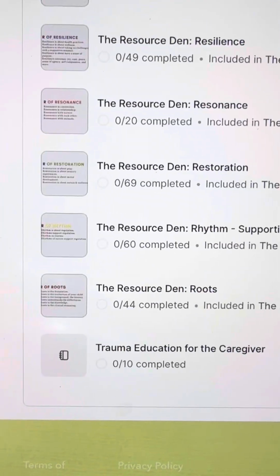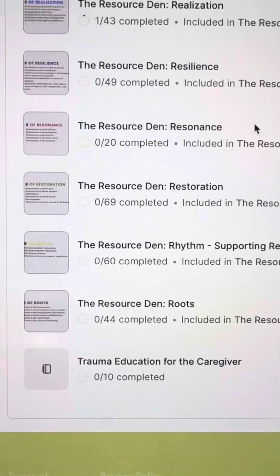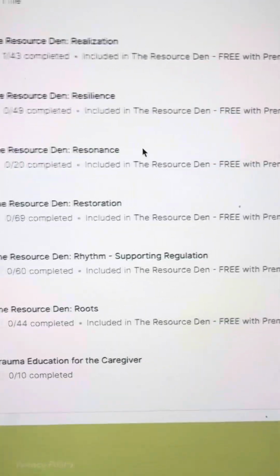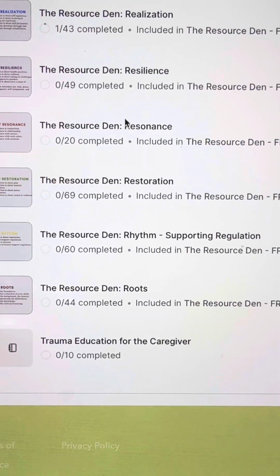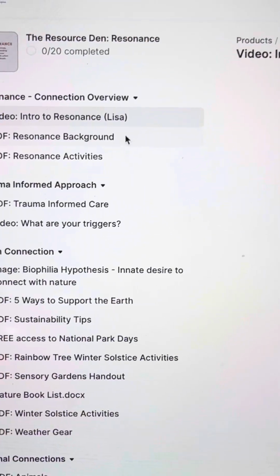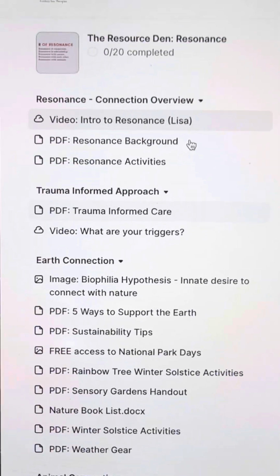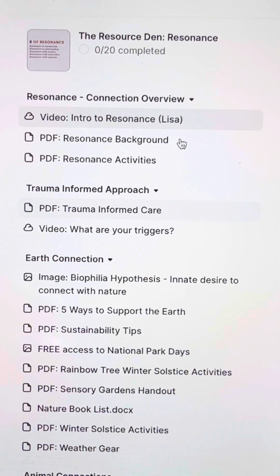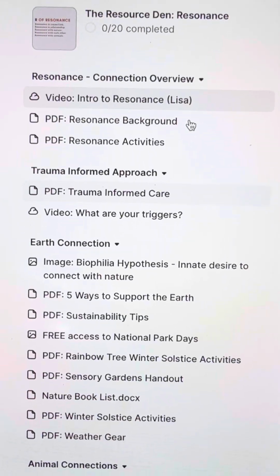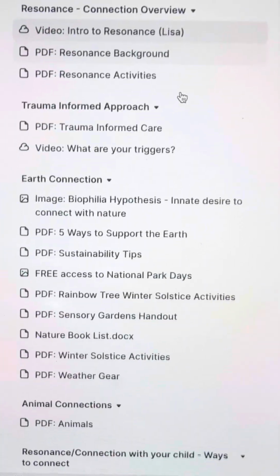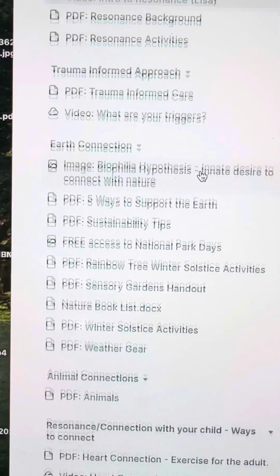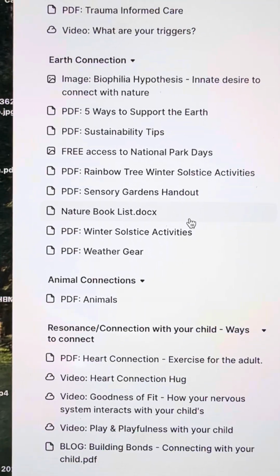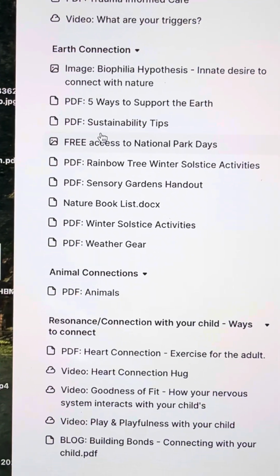So if I go back, you can see there's many other R's. And so you could go to the next R, which I feel like is resonance. And that is all about relationship and connection. And again, at the top is always going to be an intro, so you know exactly what the R is about. And then if I go here, there's some information on trauma-informed approach, some earth connection activities, including some sustainability tips,